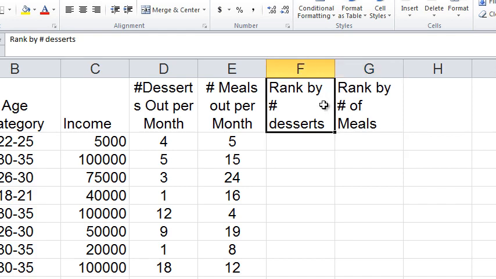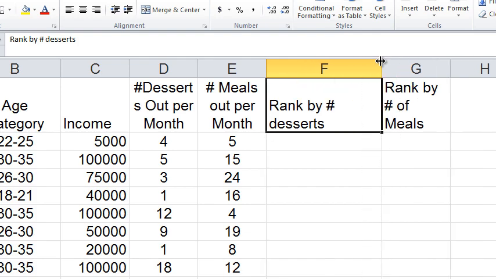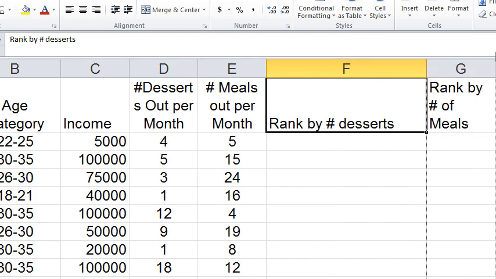Alright, I can make that look a little better. I can come up here and make column F larger so I can see the whole thing there. It's going to get pretty big when I do that, but I think we'll go ahead and do it that way. Another way you can do that, if you just wanted the heading to be a little bit smaller,